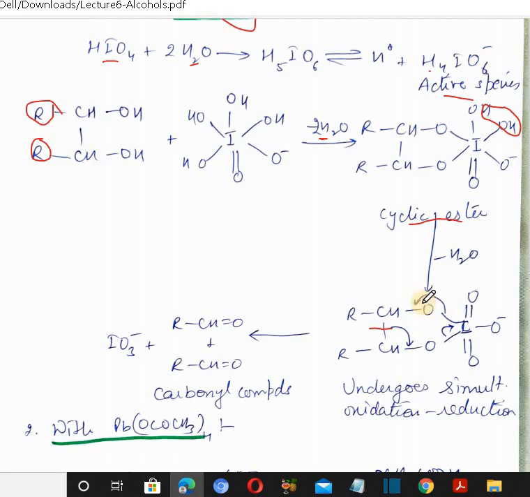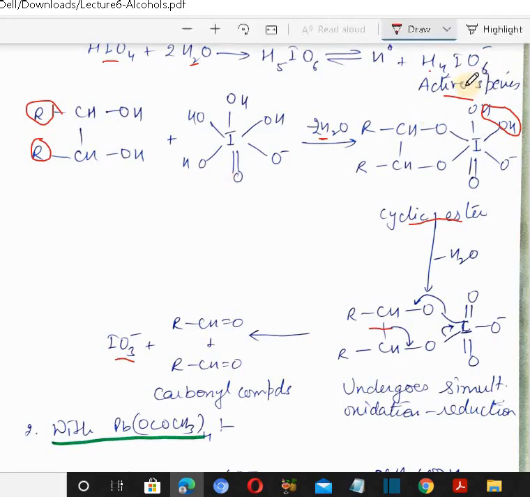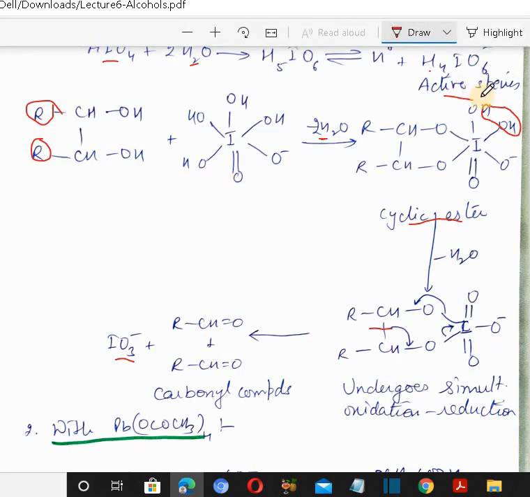Here these electrons move to this, therefore a double bond to O forms, and this bond breaks, and these electrons move to this, forming a double bond, and then these electrons move to this, that is it, and neutralize iodine. So 2 molecules of carbonyl compounds, or say aldehydes, are formed, and IO3 negative is formed. So first glycols react with this active species H4IO6 negative, and 2 molecules of water are